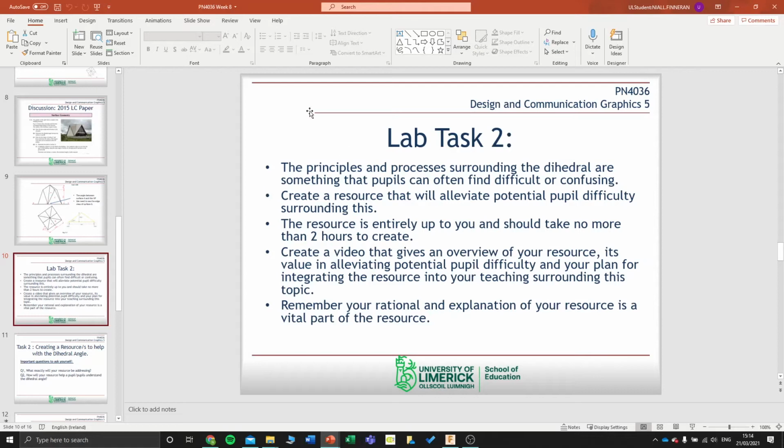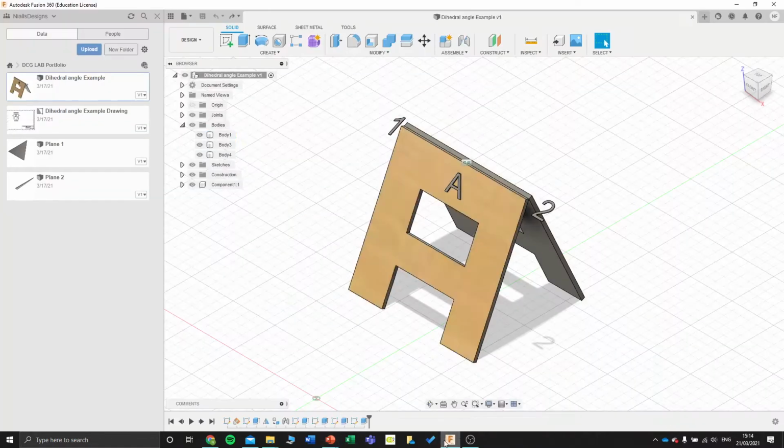So for the week 8 lab task 2, we were looking at the principle and processes surrounding the dihedral angle. What students were finding difficult when carrying out the dihedral angle questions, or what principles and procedures they're finding most confusing. So I made up a model here on Fusion, and I was talking about the legs